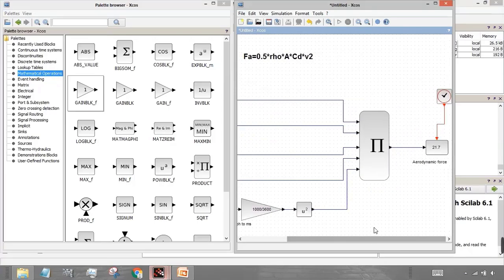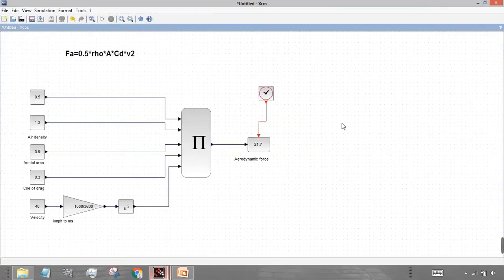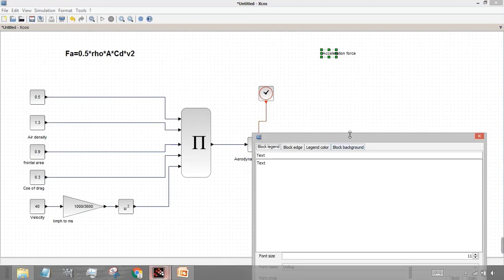Now we will see how to calculate the acceleration force. So I'll just create another block. I'll just open it up and use the same block. So I'll just write the formula to calculate the acceleration force. Then just press Ctrl F2 for editing that text.